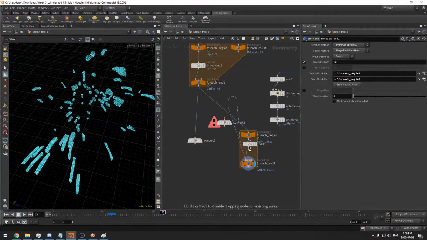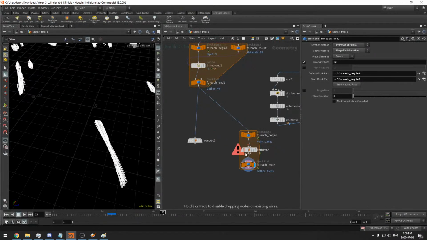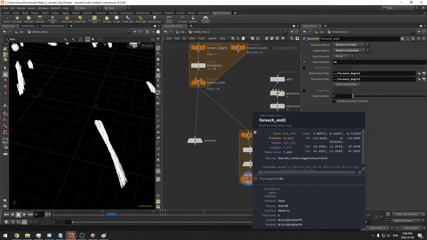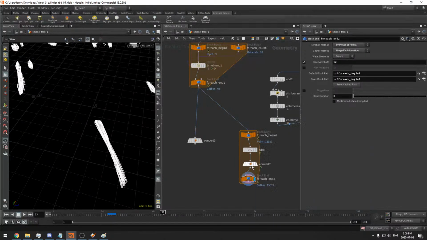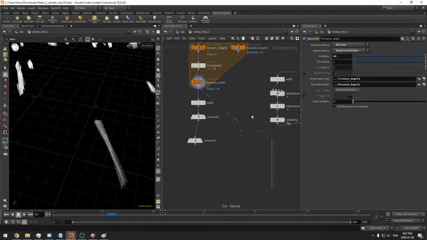And then I'm going to put the add in there, so that's going to add them all together for me. I can then convert it, let it cook, and we're still getting some degenerate points. Okay, I give up then. Trying to figure that out. Anyway,